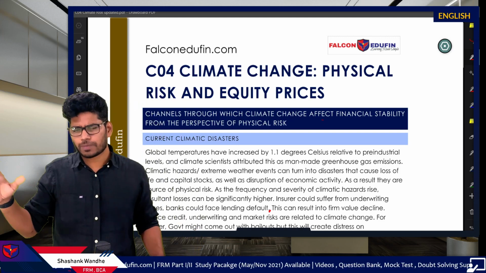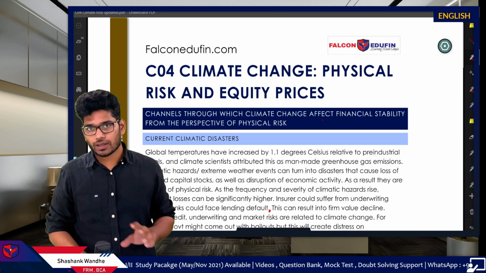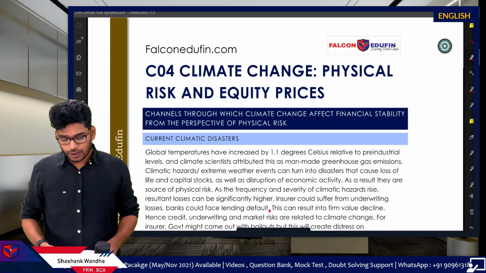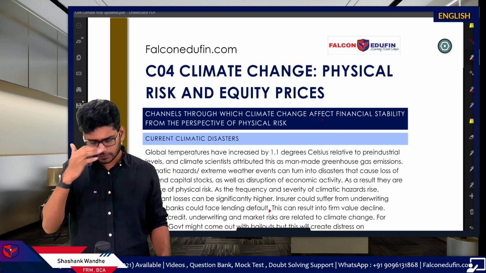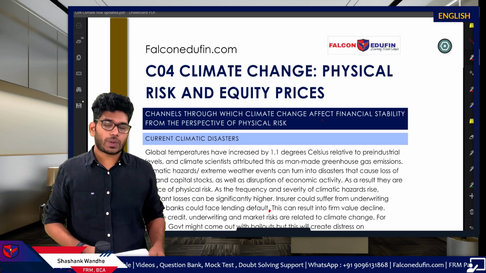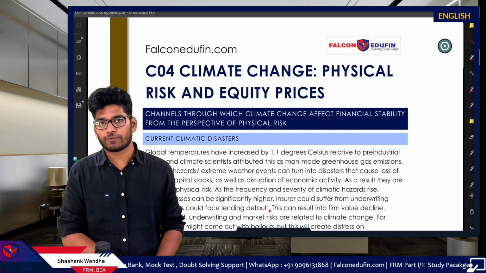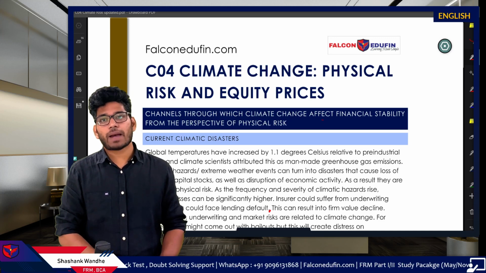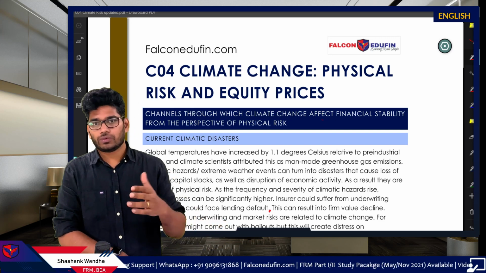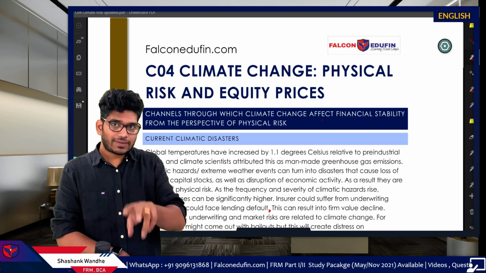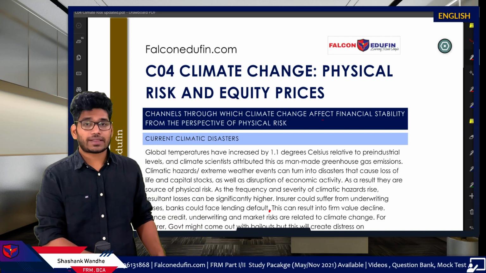So these risks of ice melting, sea level increase, irregular rains, excessive temperature and so on are categorized under physical risk. Now, this excessive emission of halogen and CFC is because of industrialization. That's why regulators are asking industries and manufacturers to reduce their carbon footprint. To reduce the carbon footprint, manufacturers need to move to new manufacturing technology and leave the old technology. For this transition, they have to spend a lot of funds, and this will create a burden on the balance sheet. So this is the transition risk.